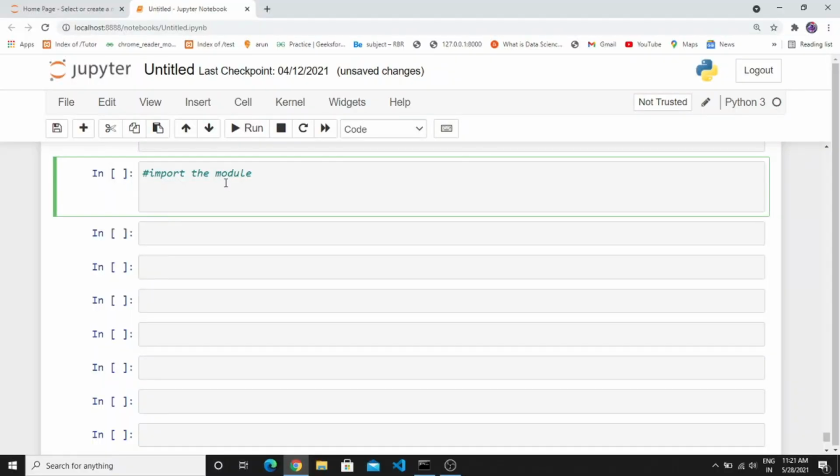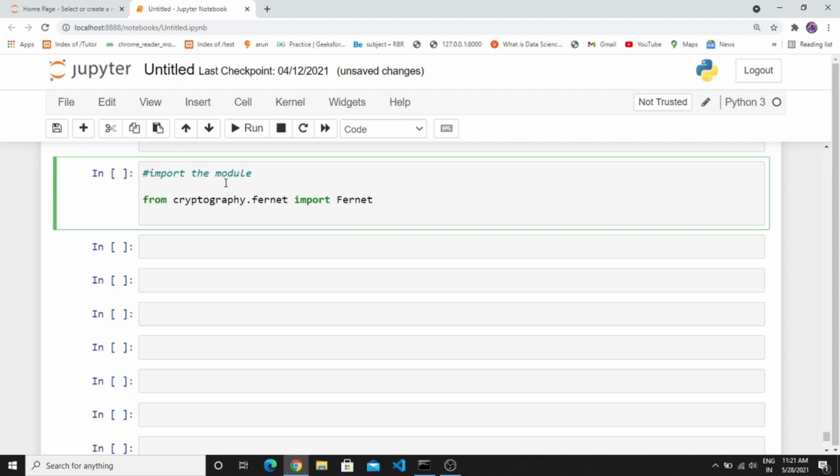So after installing all the requirements, open your Jupyter Notebook and import the libraries. From the cryptography library, you need to import the Fernet module. Let me explain how this Fernet module works in this project. The Fernet module is used to generate the private key for us. This generated key is used to encrypt and decrypt the voice data. In this program, if you are encrypting the data, you need to pass the Fernet key, and for the decryption, you have to use the same Fernet key. Okay, so this is the usage of the Fernet module in this project.